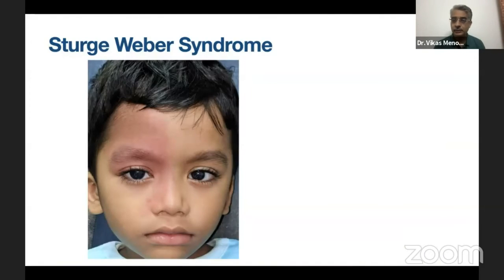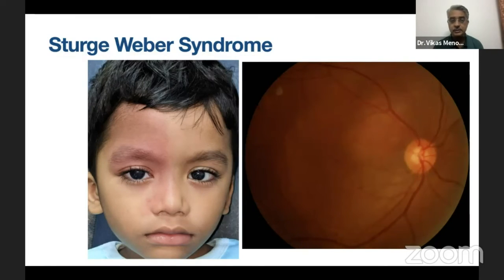Another syndromic variation of these venous malformation on the face is seen as Sturge-Weber syndrome, where you see a diffuse port wine stain on the eyelid and also the forehead and the side of nose. What is important is you need to screen these patients for presence of diffuse choroidal hemangioma, which may at times be subtle and difficult to diagnose unless you are specifically looking for it, or unless it has got subretinal fluid, which can cause a decrease of vision.